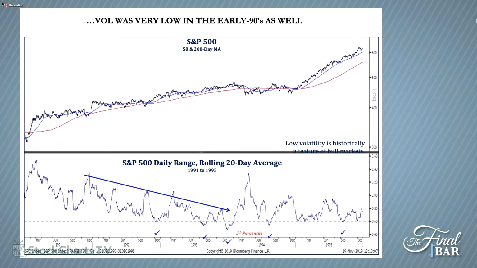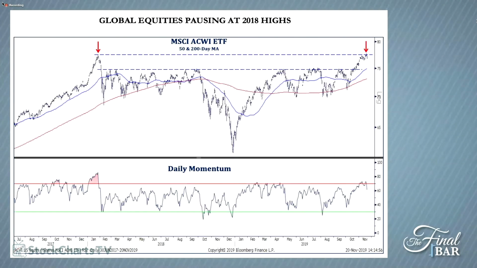It's really interesting. Now, again, a lot of the conversation we've had with some of our guests recently is thinking about the U.S. versus global equities, how to relate the two of them together. Your third chart is dealing with ACWI, the All Country World Index. What are you seeing here in terms of where it's at relative to some key levels?